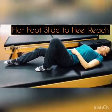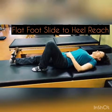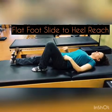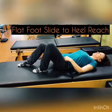I'm gonna slide my whole leg down, keeping the flat of the foot on the ground as long as I can, and then reach through the heel. So my heel bone's reaching as long as possible, which should give me a little bit of stretch in my hip flexor. And then I'm gonna bring it back, but try to get my flat foot on the ground and